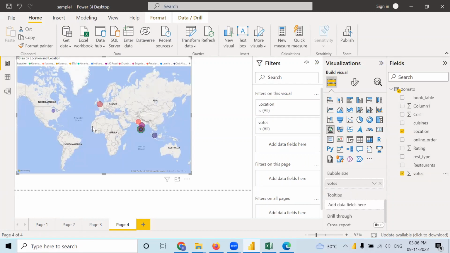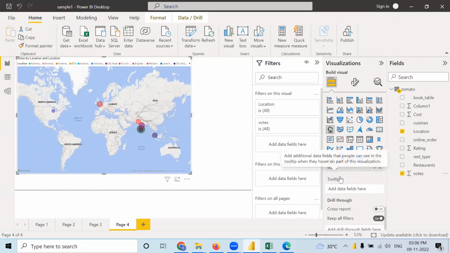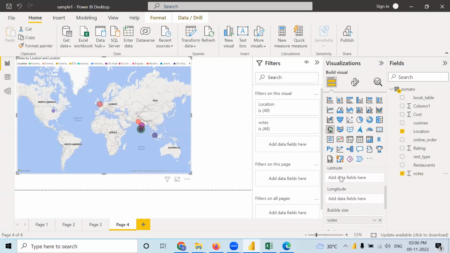The bubble size will change, showing which has the highest votes and which has very low votes.